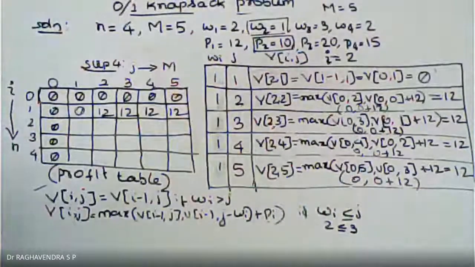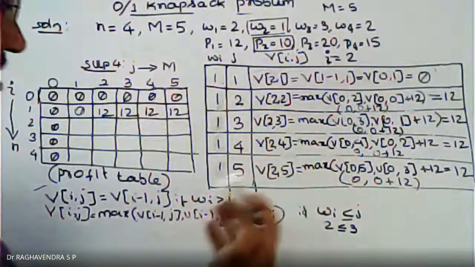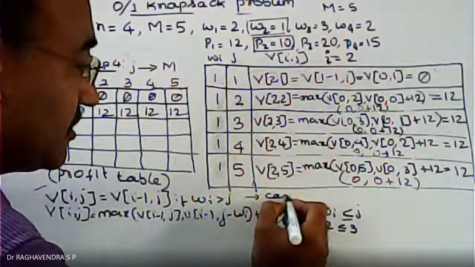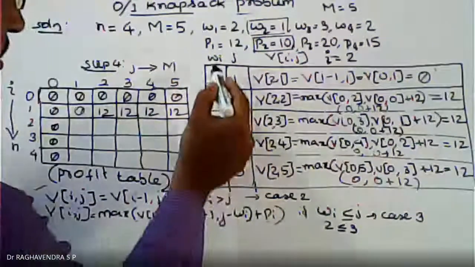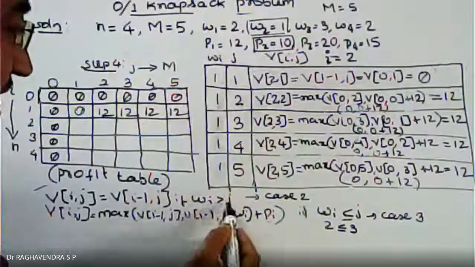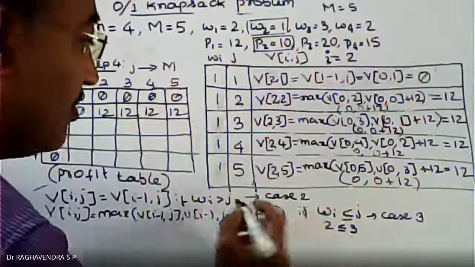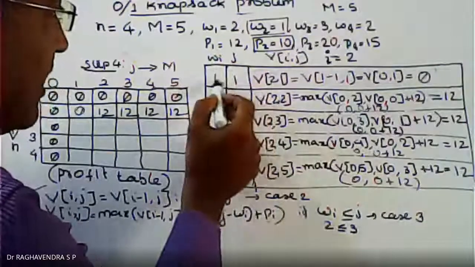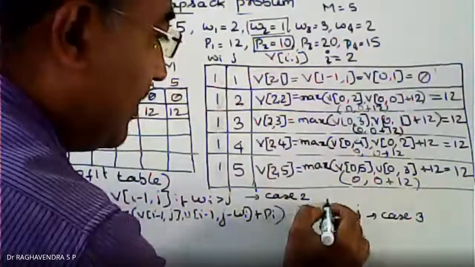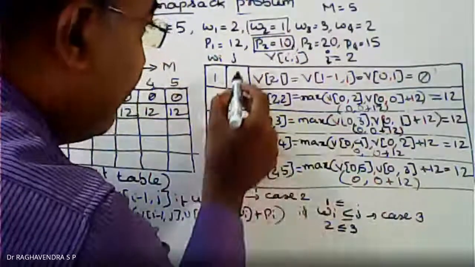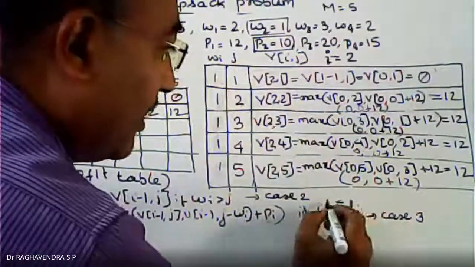Yes, sir. Now carefully look here. Everyone look here for a minute. Now we have here case 2 and this is case 3. So we have Wi and we have J here. Which case will this fit? Case 3. Because Wi is 1, Wi is less than or equal to J value. J value is also 1. So 1 is equal to 1. That is why case 3 will fit here.